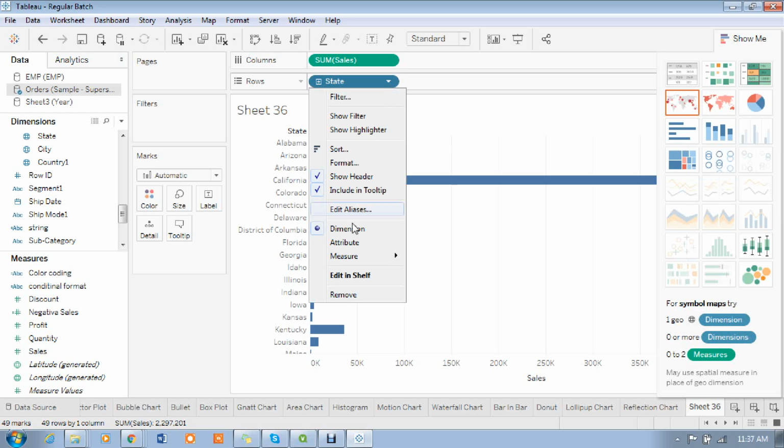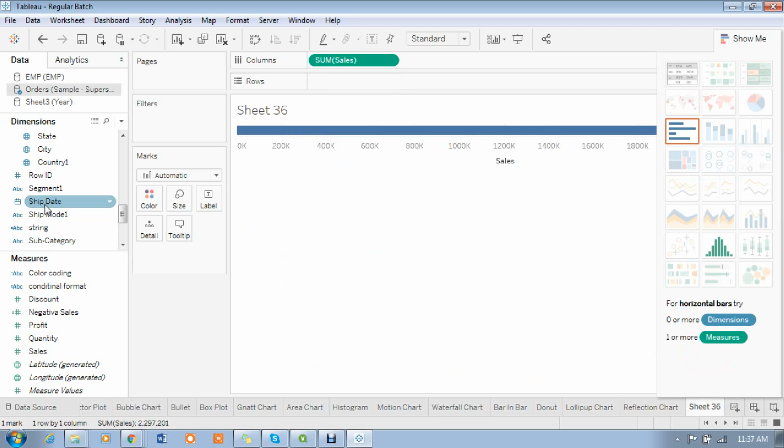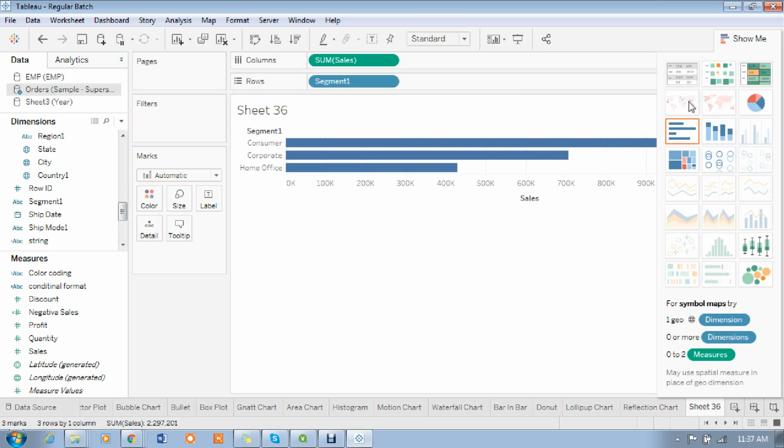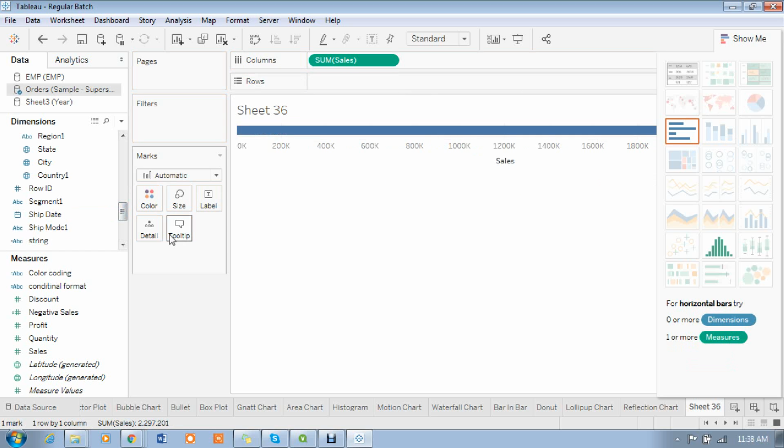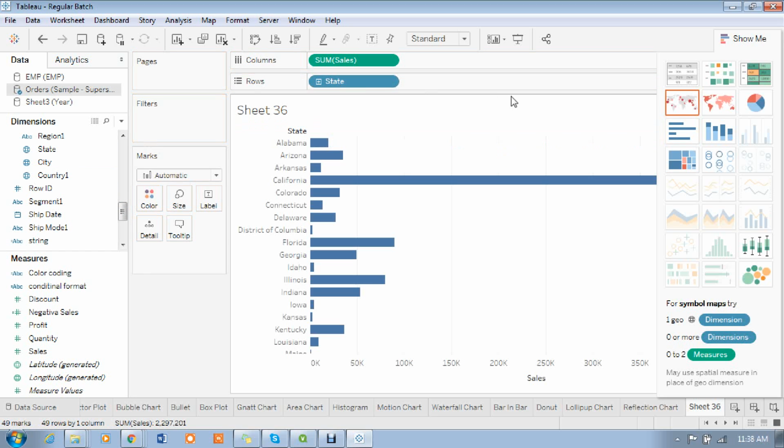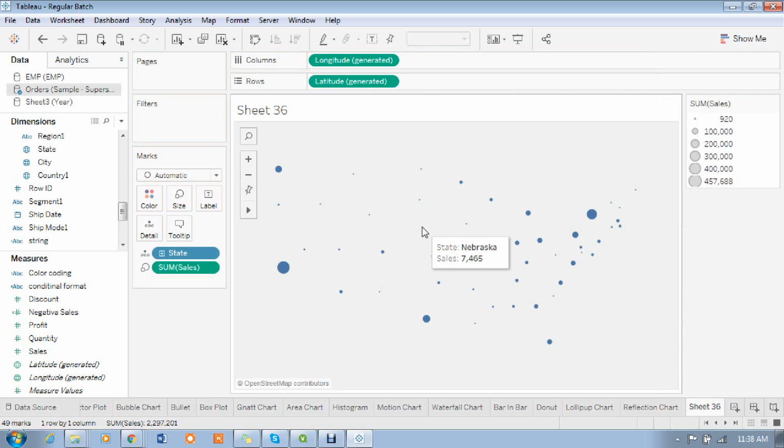If I give ship date or ship mode, or if I say segment or something, this is not enabled because state is a geographical field. Then this can be enabled. If you click this one, the map report will be created by default.